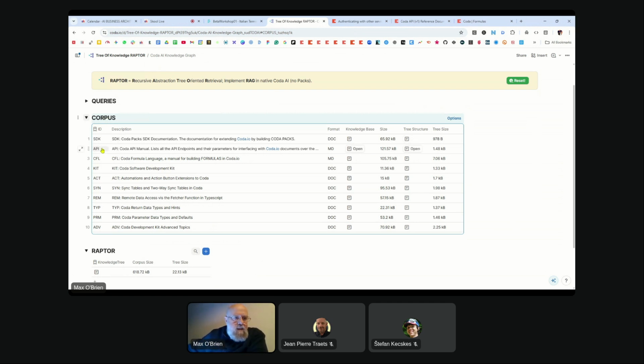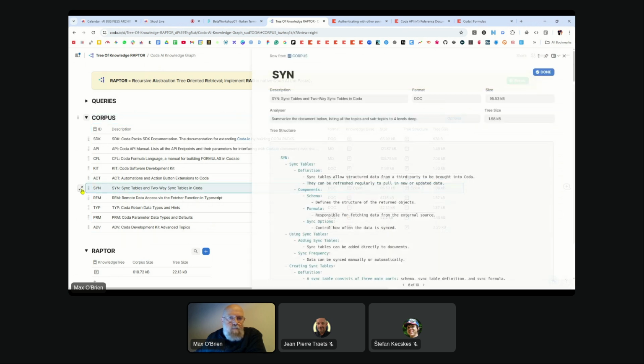It contains a set of documents, 10 documents, and these documents contain all of the stuff that I've just shown you, right? So there's the documentation for building Coda packs. There's one document here about how to use the formula language. So if I take one of these, for example, the one for doing sync tables, and open it up here,